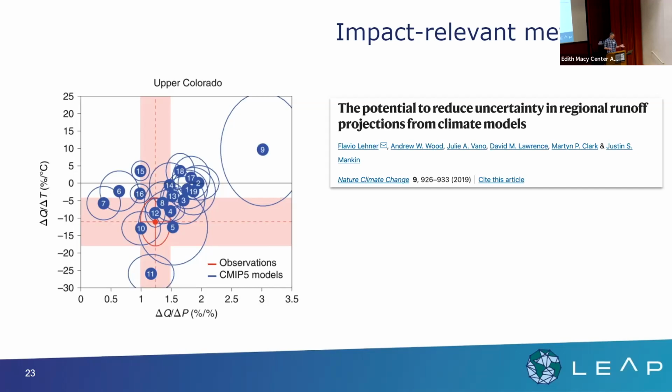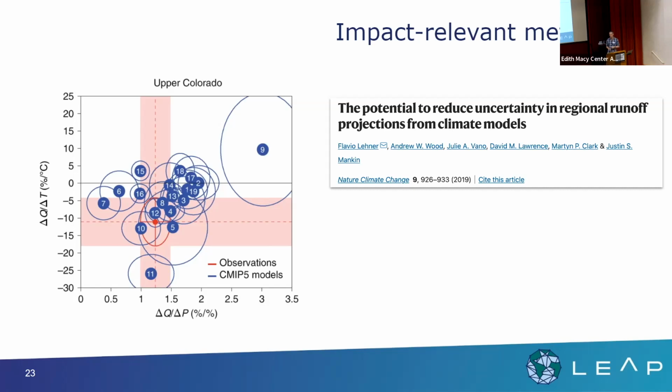So what you see here is that each circle, and the circle around it, is from a different Earth system model, actually from CMIP5, the previous generation of CMIP. What we see is that there's a few models that are capturing that relationship correctly, but the majority of them are not getting it right. So then you would say, well, should I really be using streamflow information that's coming out of the Earth system model to do my impacts research? And the answer to that would probably be no.